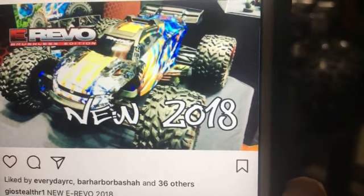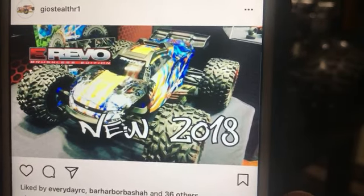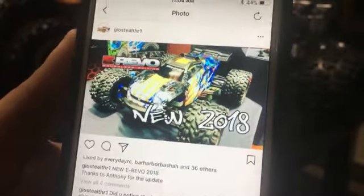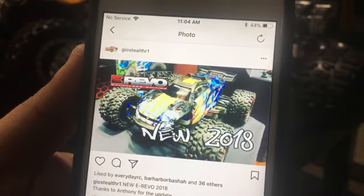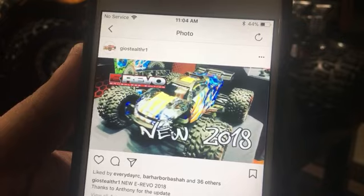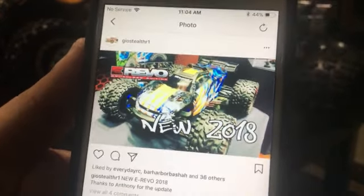That's a good question. I think I have one, but I'm not sure. I'm not too sure if it fits in the E Revo. You know, it's very hard to find something like that. So, let me see. Yeah, definitely should have made a bigger battery box. Yes, definitely so. I know a lot of people are talking about the new Desert Buggy, and